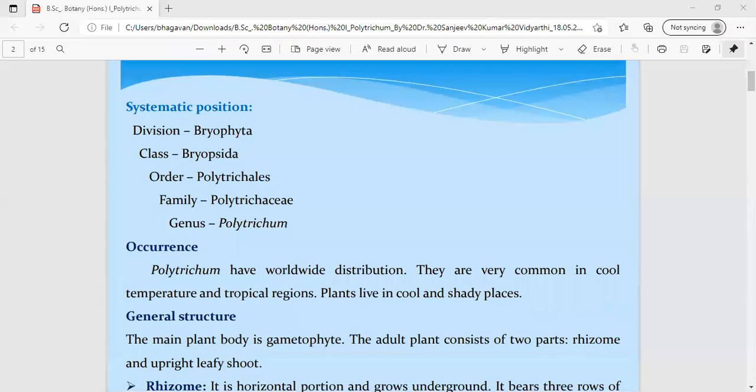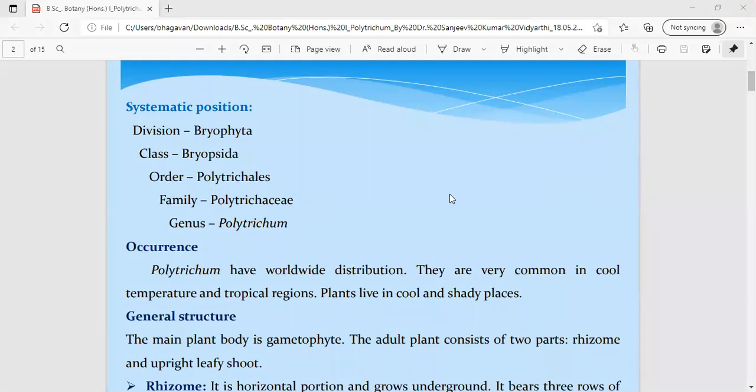So we'll continue with today's session. We have done with the polytrichum gametophytic structure in the previous class. Today we are going to do a recap of the gametophytic structure again, and we'll start with the sporophytic structure. So polytrichum, as I told you, is the advanced form of the bryophytes belonging to